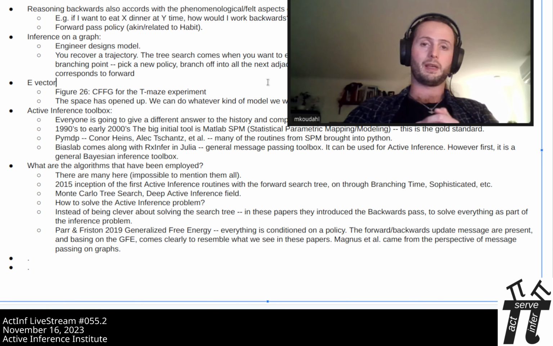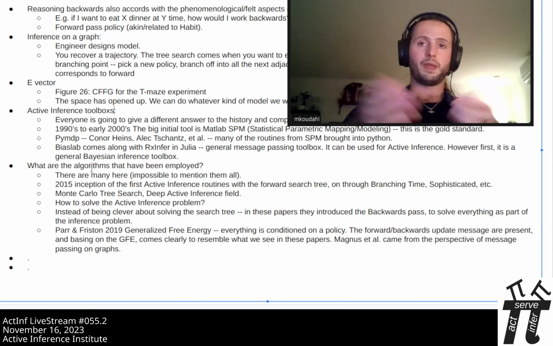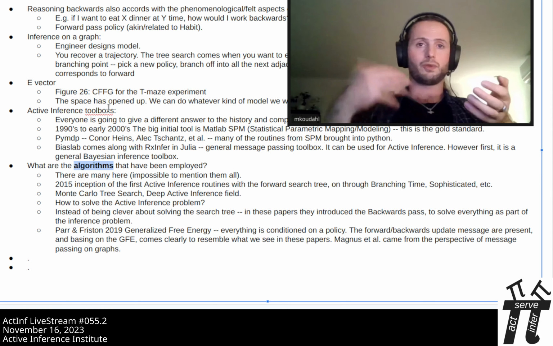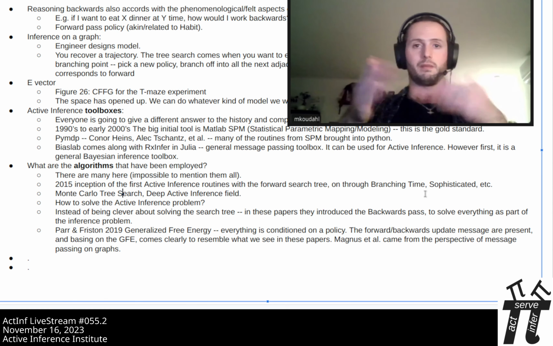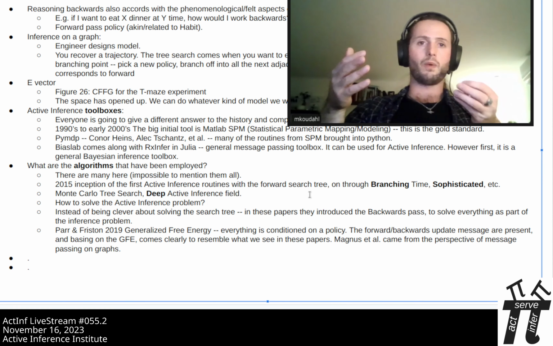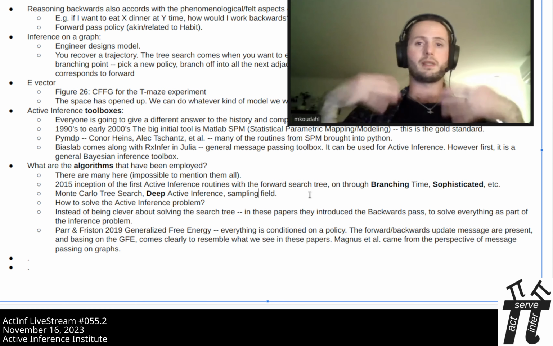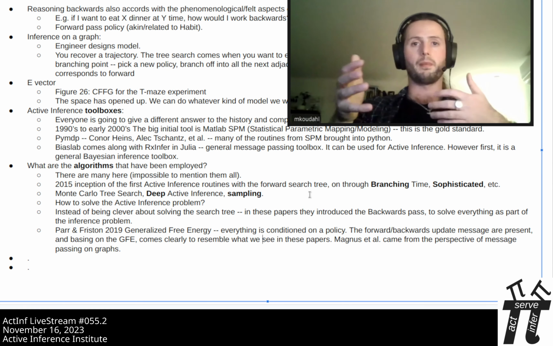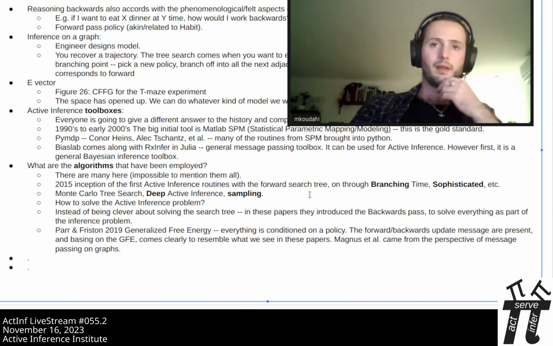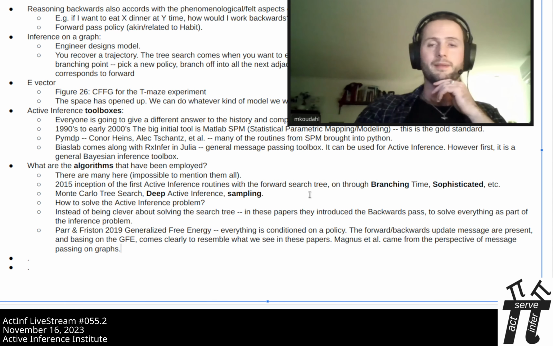And algorithmically, I would highlight the original algorithm, along with all the things we have here, like branching time, Monte Carlo, sophisticated, deep sampling-based, and then put our work in that field as a different approach to solve the problem we're interested in, when we want to design active inference agents that do planning in interesting ways with all the epistemics that we like.